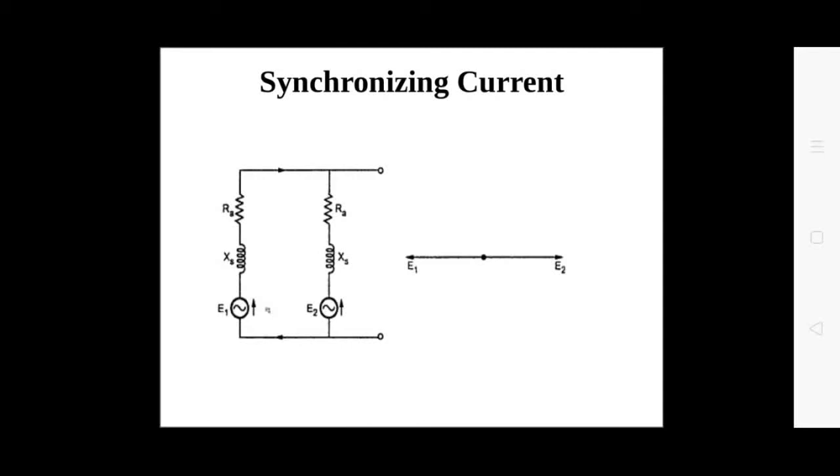So there will not be any circulating current in the local circuit. The EMF E1 of alternator 1 is in exact phase opposition to E2, that of alternator 2. Now with respect to the external load, the EMFs of the two alternators are in the same direction, although they are in phase opposition with reference to the local circuit. There will be no resulting voltage in the local circuit.